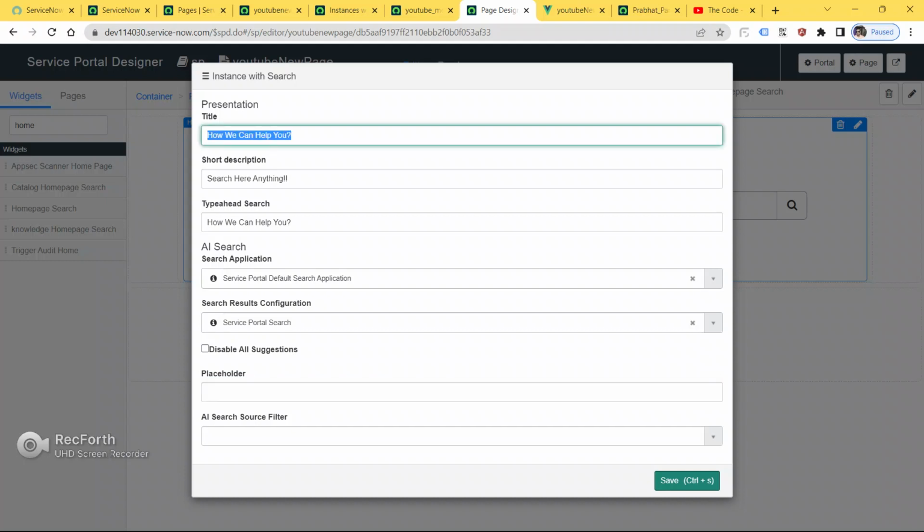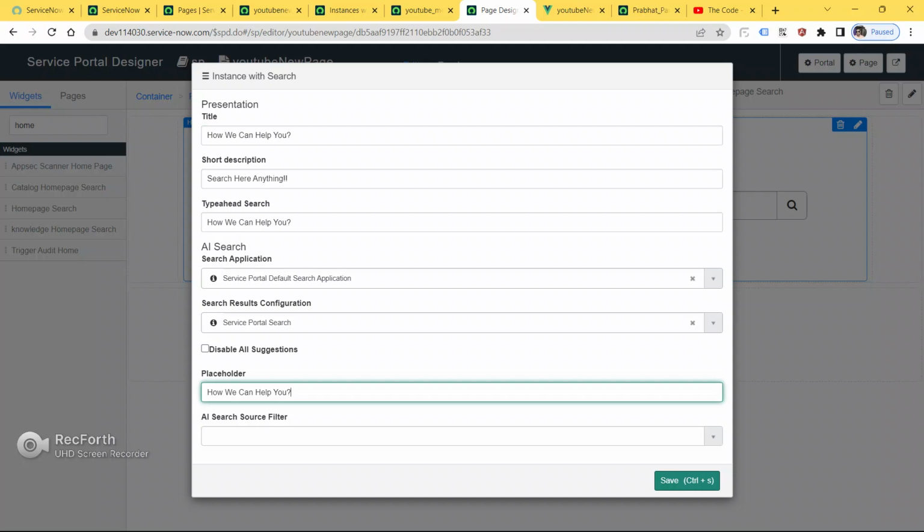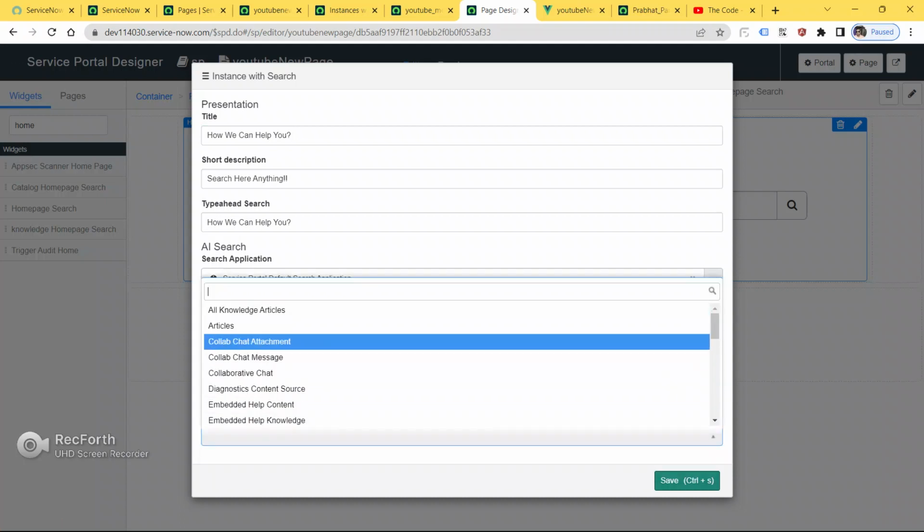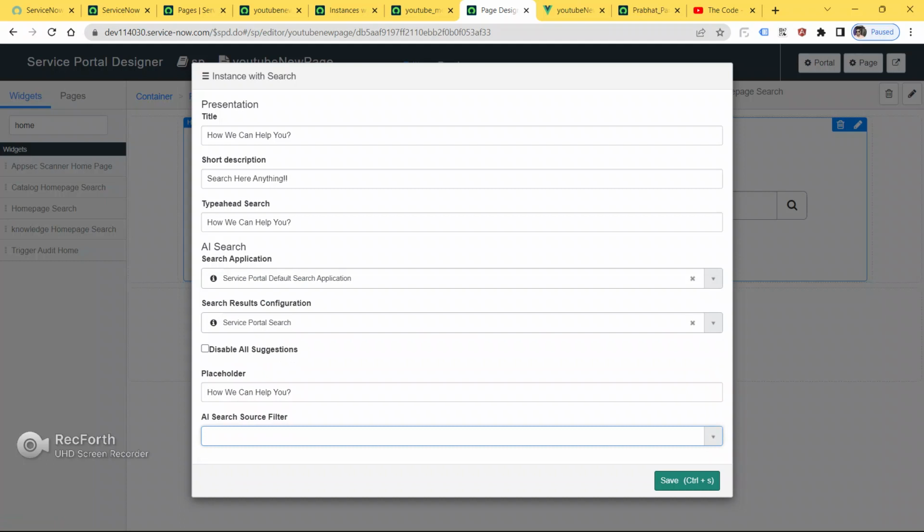Or you can disable all the suggestions. You can put a placeholder also, like how we can help, just put the same text. Now I'm going to put some kind of filter. It is saying AI search source filter, guys. This means the text is AI search